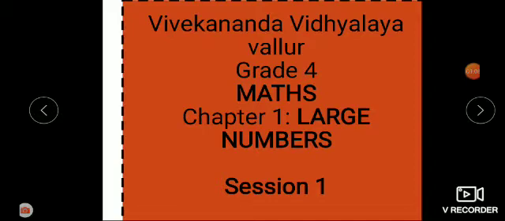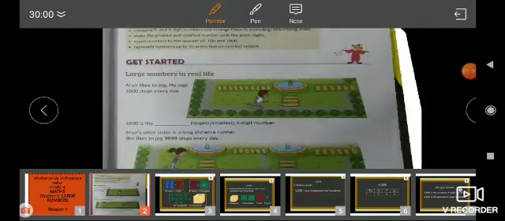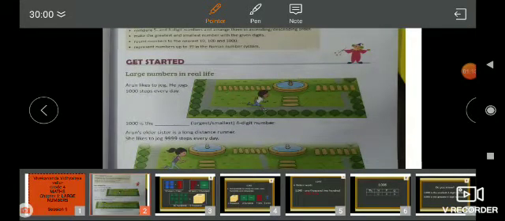Before going into the concept, first you should know what we are learning in this chapter. We are going to learn 5-digit and 6-digit numbers, how to write and read and how to compare, how to arrange in ascending and descending order. Also we are going to make the greatest and smallest 5-digit and 6-digit numbers, and we are going to round numbers to the nearest 10, 100 and 1000. Then you are going to represent numbers up to 39 in the Roman number system.